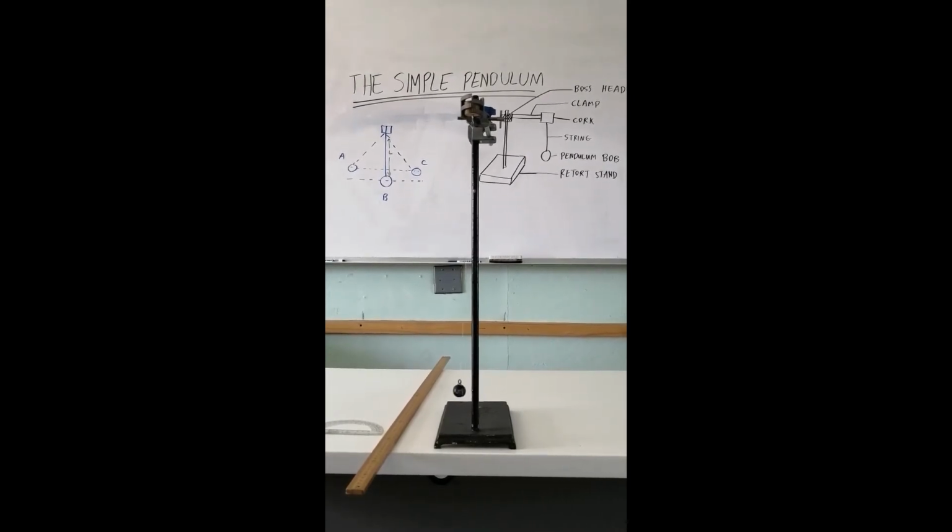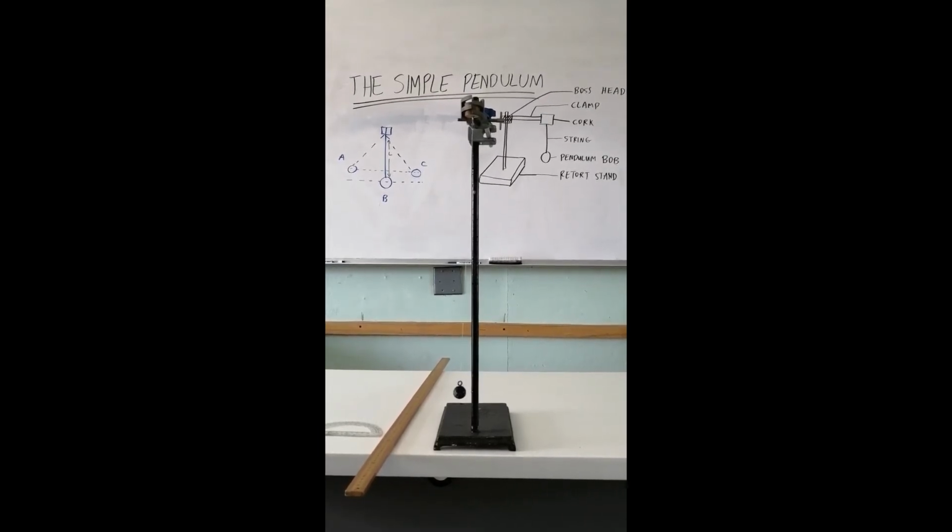This experiment is to determine the value for g. The experiment we're going to do is called the simple pendulum. Here we have a setup with a retort stand, boss and clamp, a cork with a hook attached, string and a pendulum bob. On the table we have a meter rule which we'll use to measure the length of